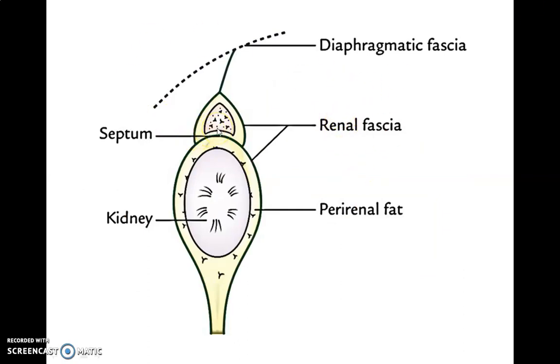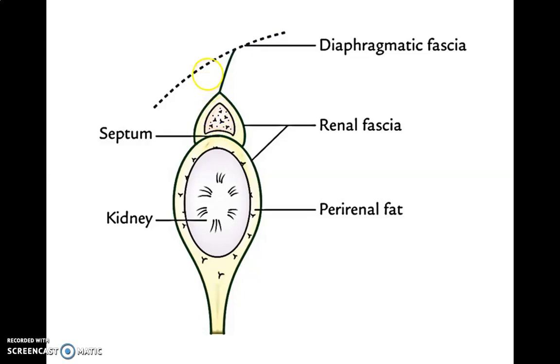This figure shows the covering of the adrenal gland. Each gland is invested by an inner true capsule and an outer false capsule. The true capsule is derived from condensation of the fibrous stroma of the gland. The false capsule is derived from the renal fascia. The two layers of renal fascia fuse at the upper end of the kidney. See, at the upper end of the kidney they fuse and then resplit to enclose the suprarenal gland in a separate compartment.